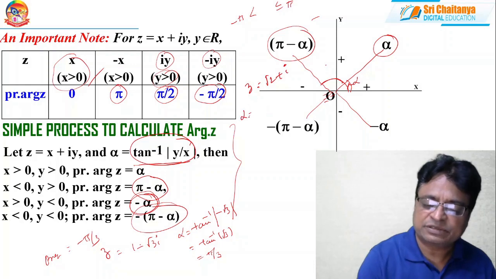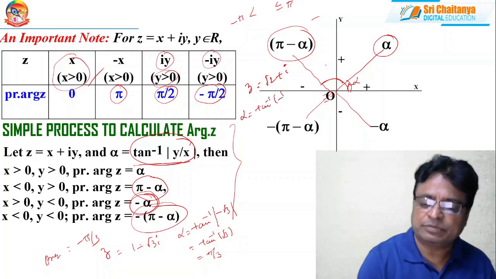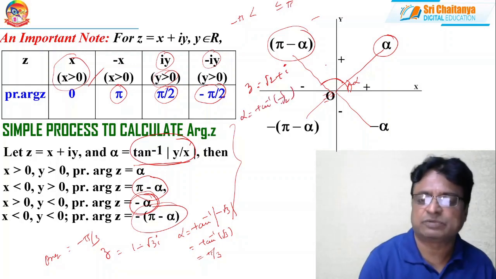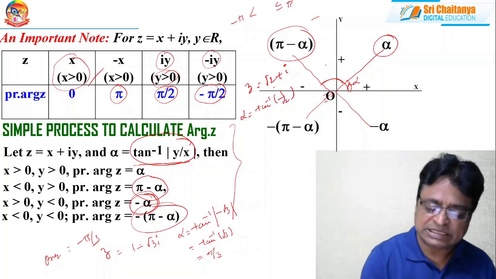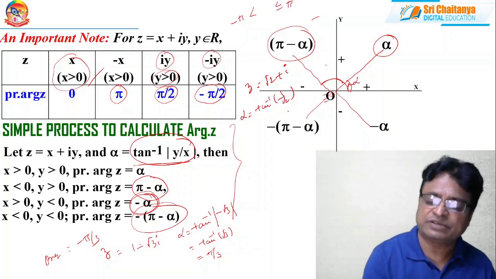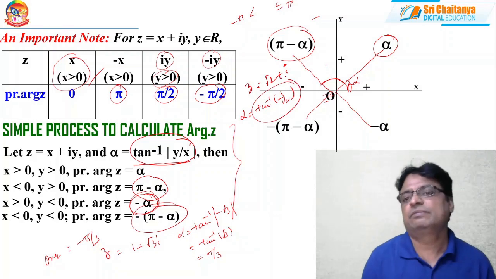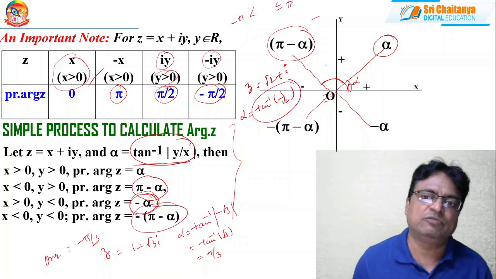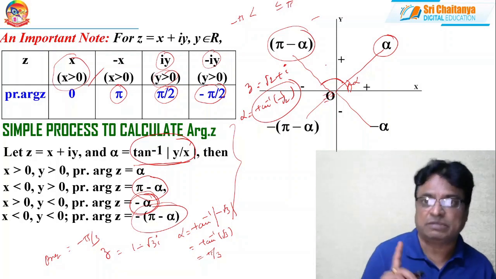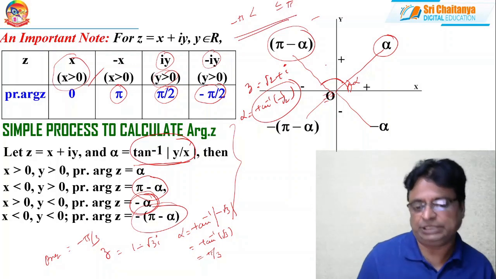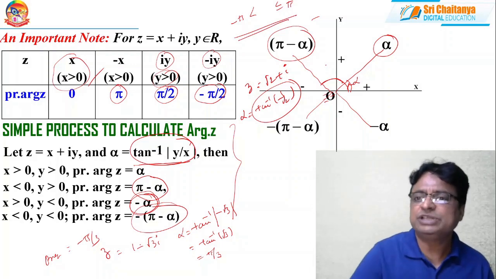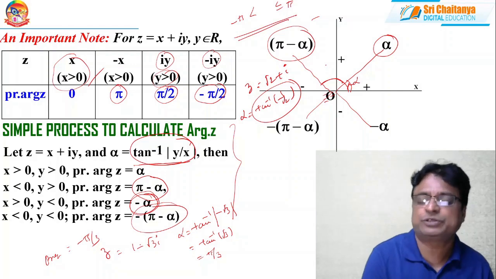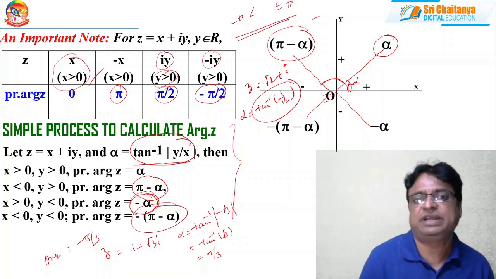What is alpha first? That is tan inverse 1 by root 2. Let it be, because x is positive and y is positive. Therefore, what is the argument? Tan inverse 1 by root 2 is enough. But for 1 by root 2 you can find the value from the logarithmic table, and you will find the corresponding value for alpha. You will get the argument. But understand that the value always lies between what? Minus pi to pi only. That is important. So these are the basic steps one should practice, and this is the easy and simple process to calculate the argument of complex numbers.